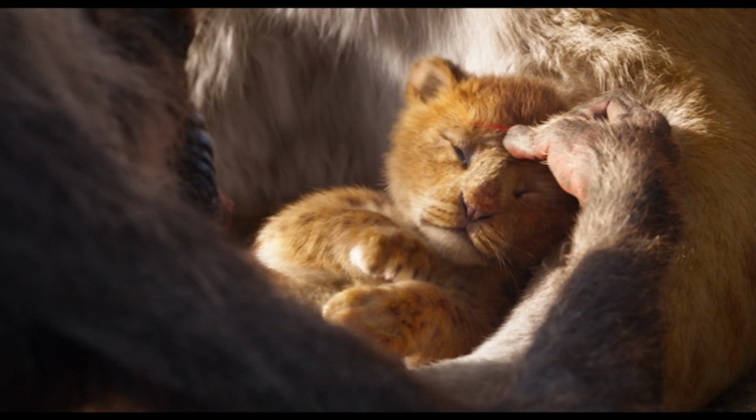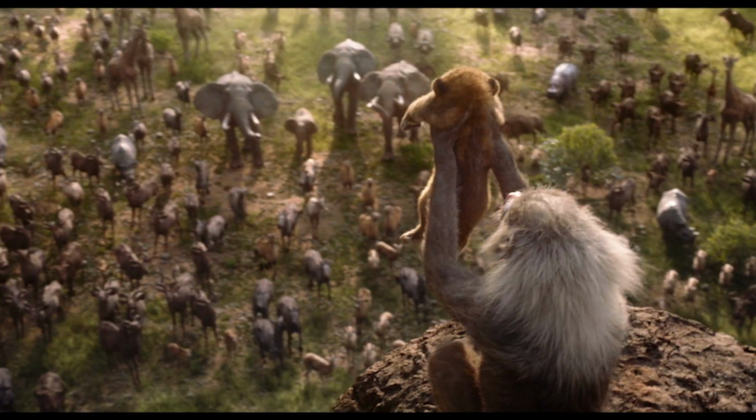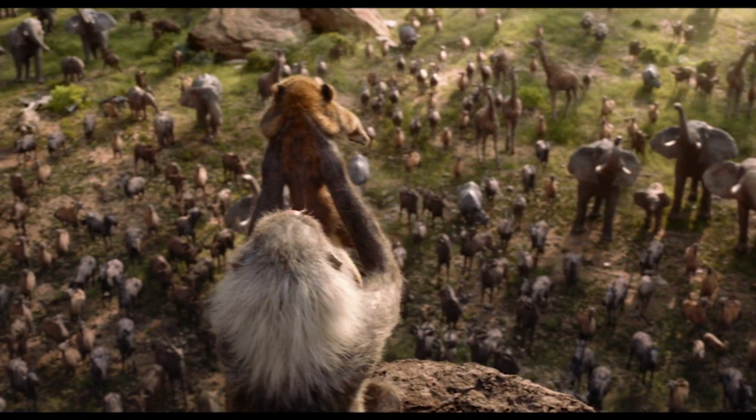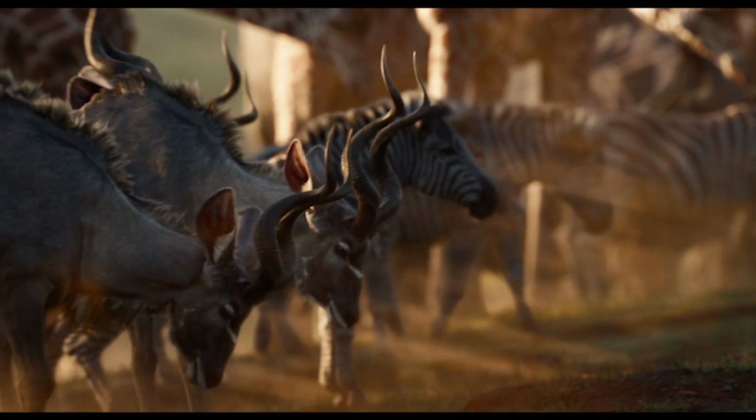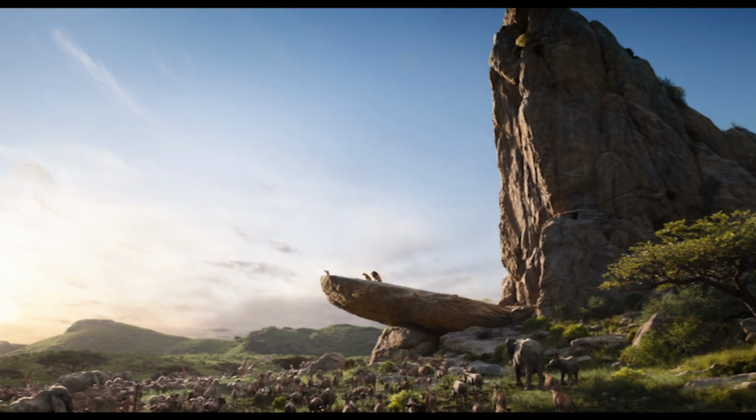The idea of embracing something that took what technology has to offer to create a photoreal version of this story, as told through the eyes of what would feel like a documentary, a live-action documentary crew, was an exciting prospect for us. Disney even refers to this as a live-action film, which is a bit misleading, but I think tonally correct, because we did use those techniques, and hopefully it does feel like something that was actually photographed, even though